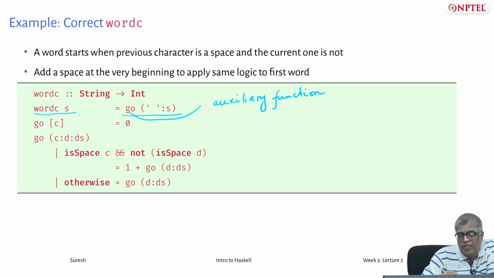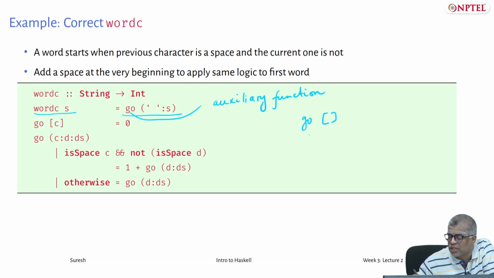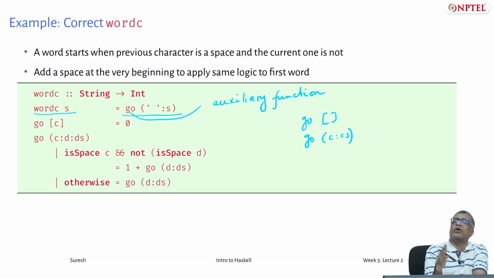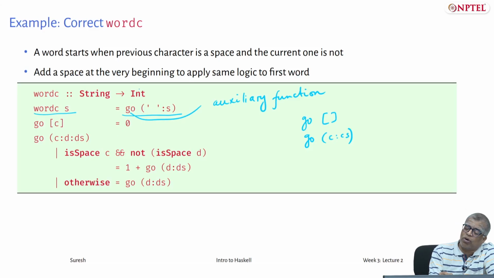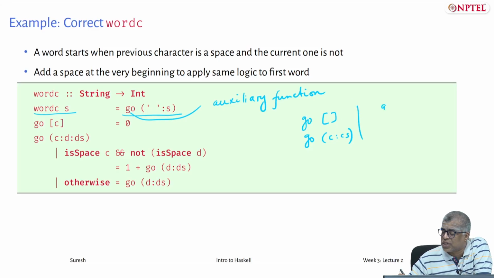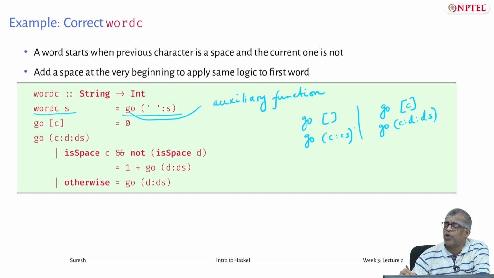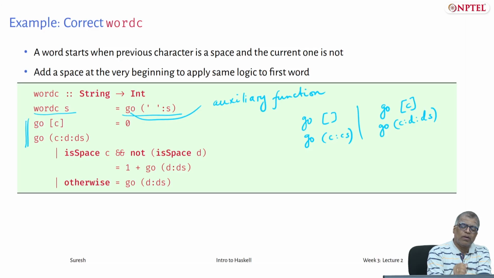So notice here also that we are using a different pattern of pattern matching recursion. You would usually say go of the empty list and then go of C followed by Cs, but here we are not going to apply go on the empty list at all, because at the very first time when we call go, we are actually calling it on the string preceded by the space character. So our base case now becomes the singleton list, and our recursive case should now therefore have at least 2 elements, C followed by D followed by Ds, okay, that is our recursive case. So that's what you will see in the pattern matching here.